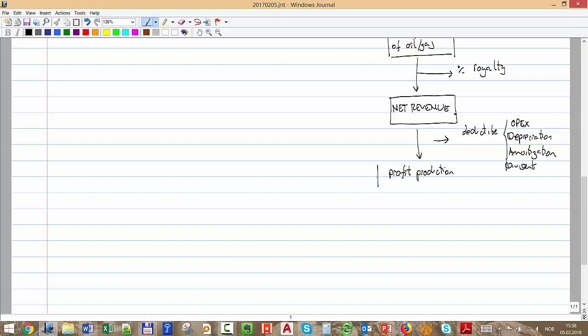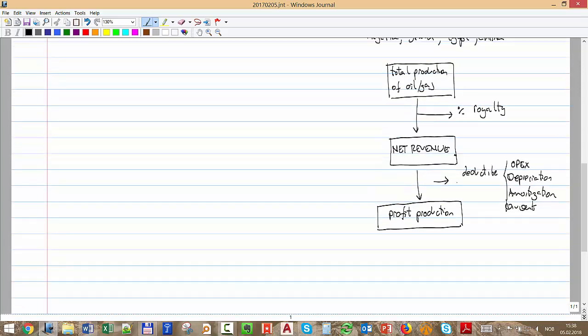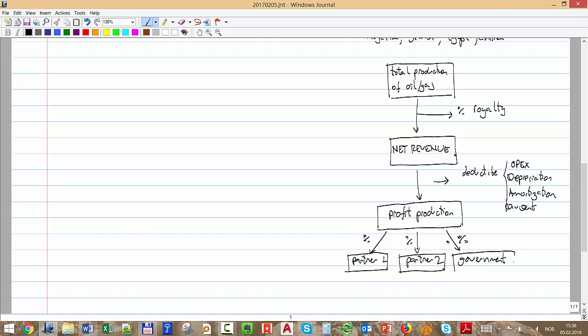Okay, and here is where you have the splitting of the cake. Depending on the percentage each one has in the production sharing contract, you might have 3, 4, 5 different partners. Okay, you have a percentage for partner 1, a percentage for partner 2, and a percentage for the government. And each one of them gets their share in production, okay, in oil and gas. Okay, that depends, split